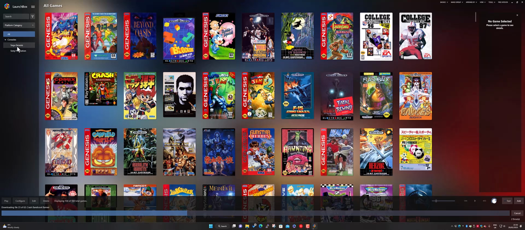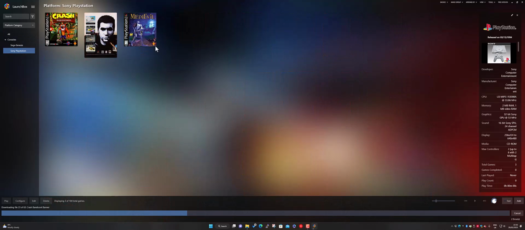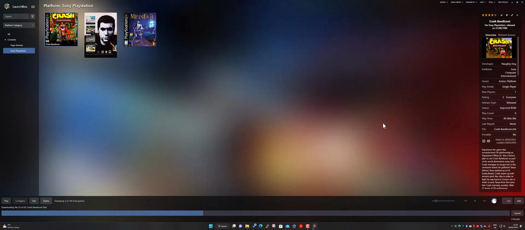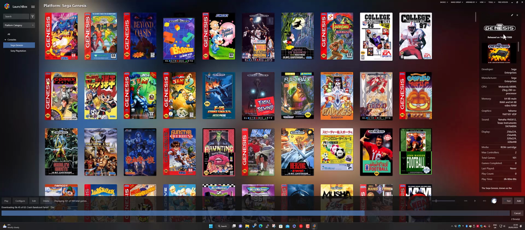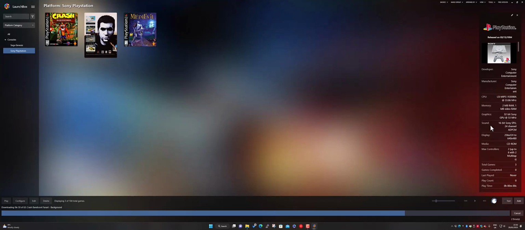And again, as you select the game, you've got all the information here on the right hand side about the game itself, and the number of times you've played it, and that kind of stuff. If you click on the actual platform itself, it gives you information about the platform. So the Genesis system, all the specs, same for PlayStation, all the specs of the actual PlayStation,